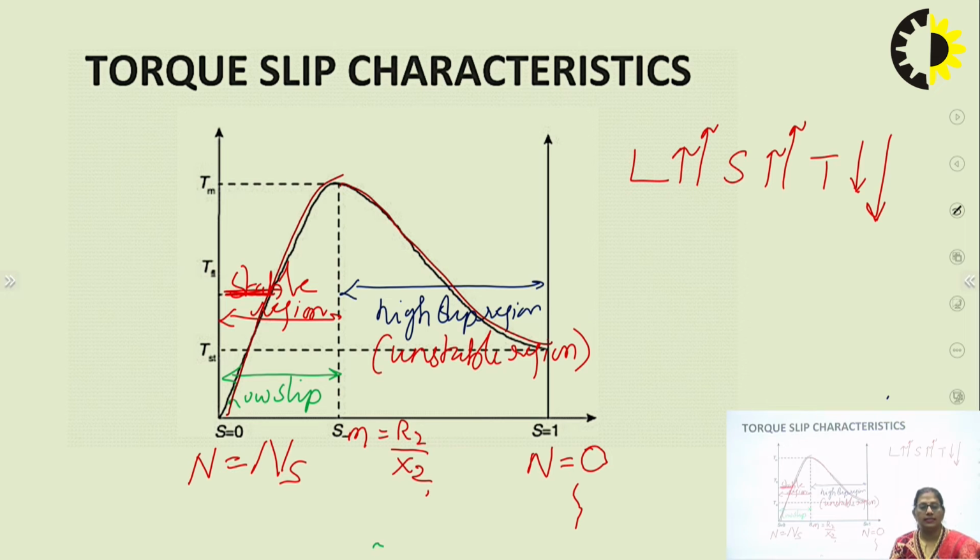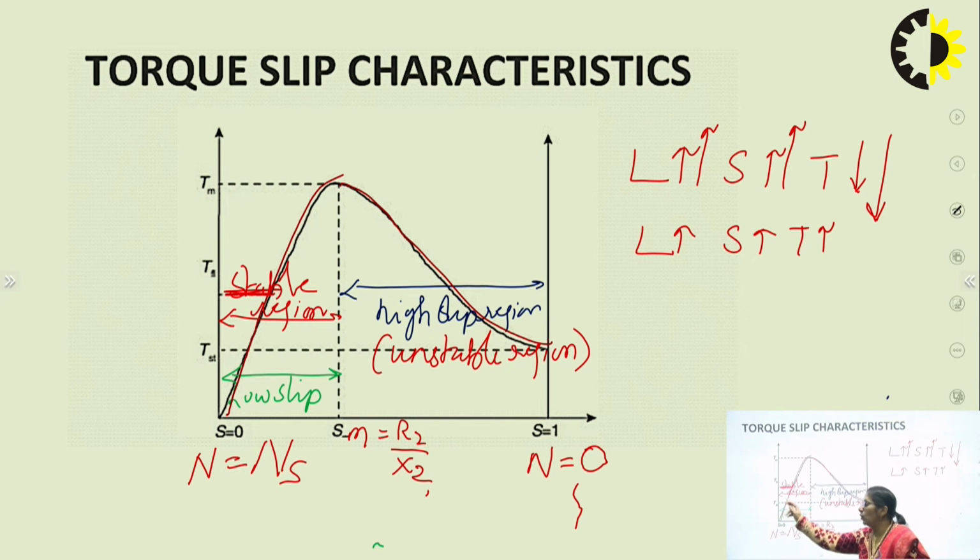If we just oppositely see in the stable region, what is going to happen? If you increase the load, the slip will also increase. If you increase the load, obviously the speed of the motor will decrease and the slip will increase. When the slip is increasing, in this nature, the torque is also increasing. So the motor will produce the desired torque as required by the new load demand of the motor, right? So that much torque will be produced according to the new load demand, which is actually required by the motor.